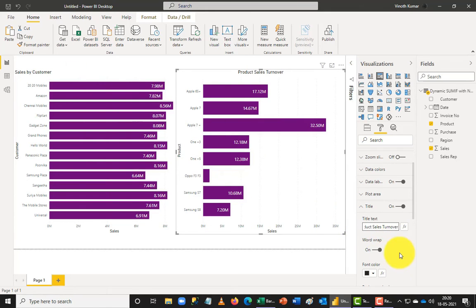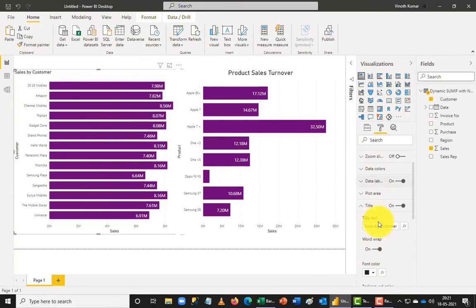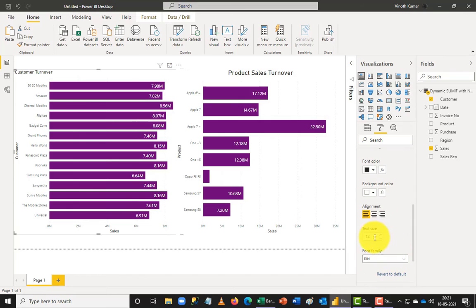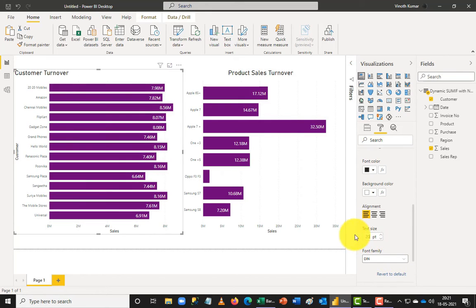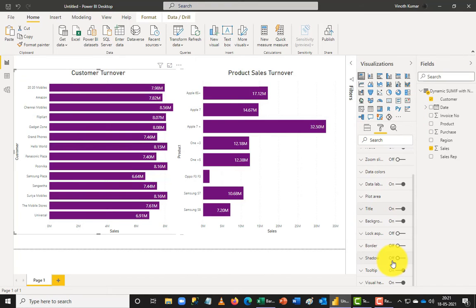So the same way I made it in center. If you want to make it a little bigger, you can just make the font size 20 and then give an enter. So you can see that the font size or the headings are coming in the middle. I can do the same even in this list, and I'm going to say customer turnover, and then change the font to 20 and then make them into the center. So now you can see that I have the two-dimensional data that I can normally deal with in the list.